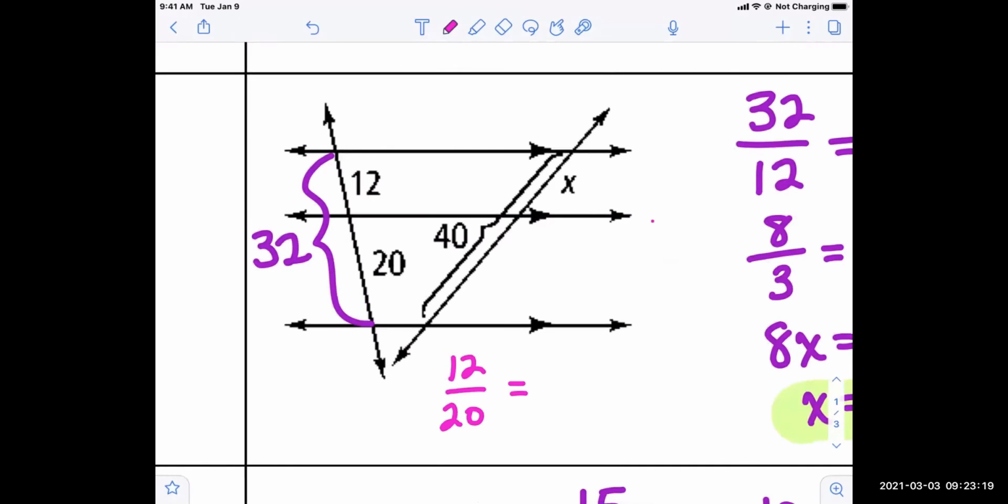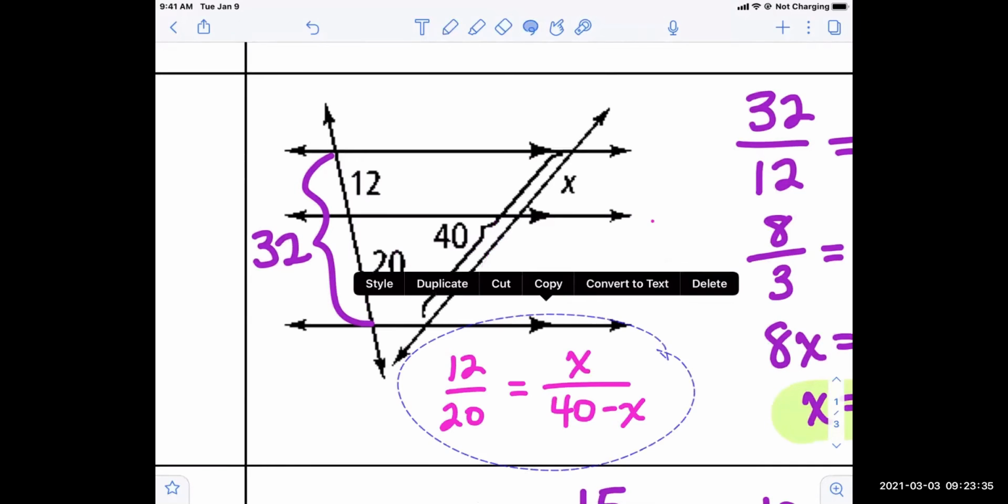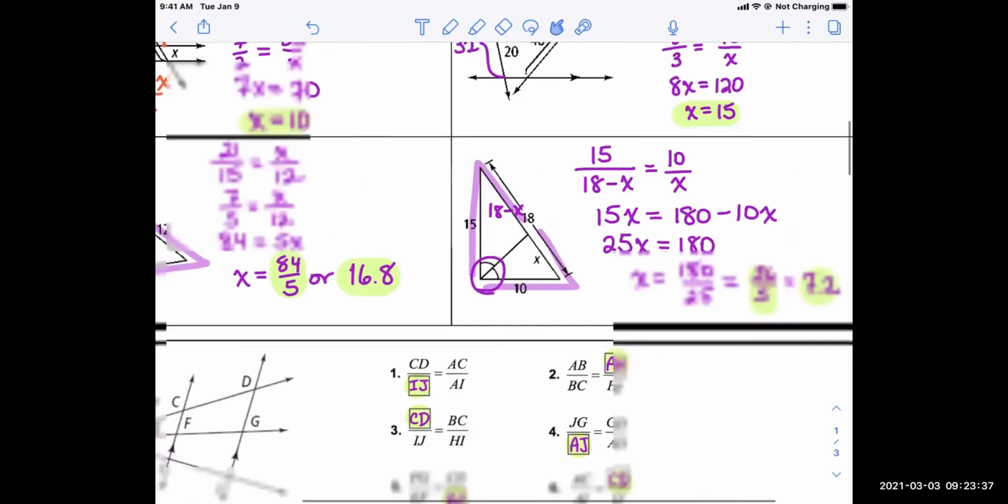So x over 40 minus x. Just make sure you're comparing pieces that are in the same spots so that makes sense. Okay, so pay attention to whether you're given little pieces or whether you're given the whole entire segment length. Okay, now